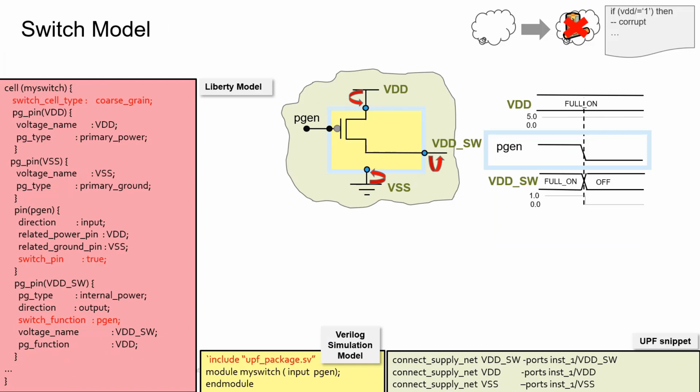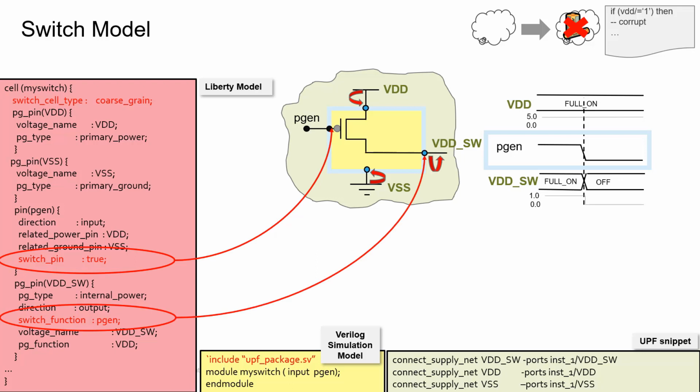You can also use some UPF, some liberty constructions, such as the switch cell type, to describe a switch directly. That means in my case, I don't really have to model a UPF description, because from the liberty, the tool will figure out how to do that. It will figure out that PGPIN is my entry point.